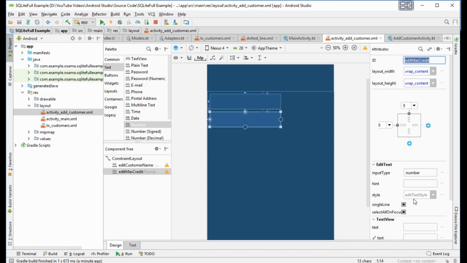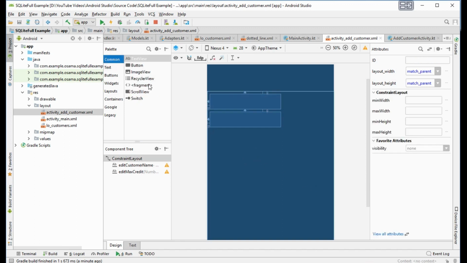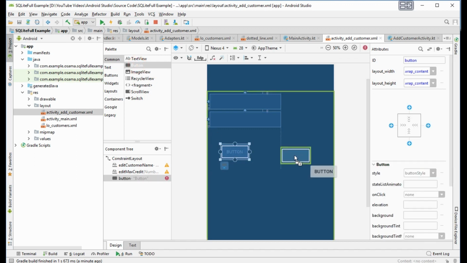Okay, and the hint, max credit, and here customer name, and we will add a button and another button.